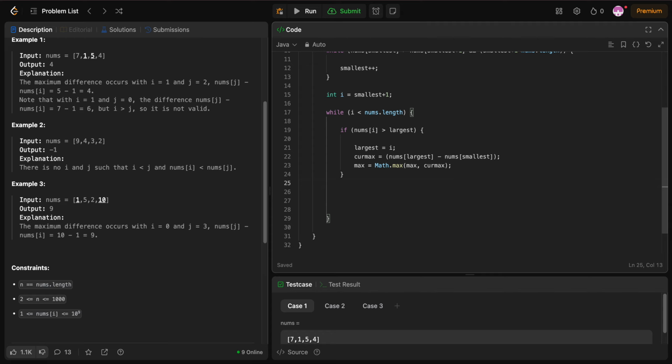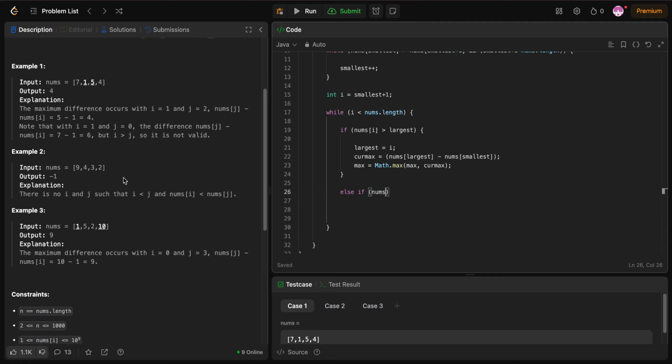Okay. Otherwise, if nums, well, largest doesn't necessarily have to be bigger than the previous largest, because if the smallest is just smaller, then the largest may not be as big, but it'll still be more of a difference. So,